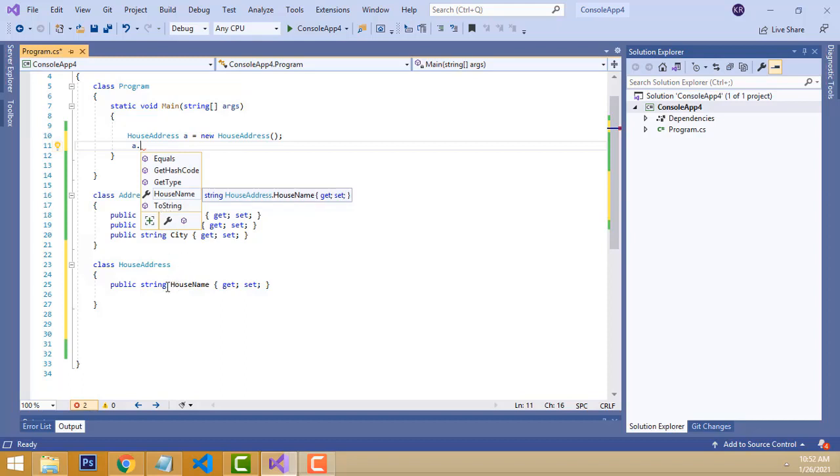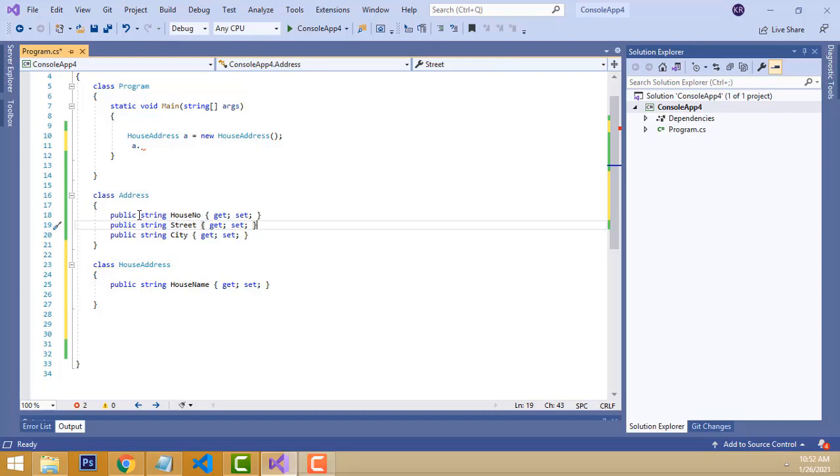The properties you declare inside the class, only you can get. You can't get the other class's properties here. So how do you get this class's values in this class? That's how inheritance works. If it is C#, you have to write the colon. This is how you write the inheritance.